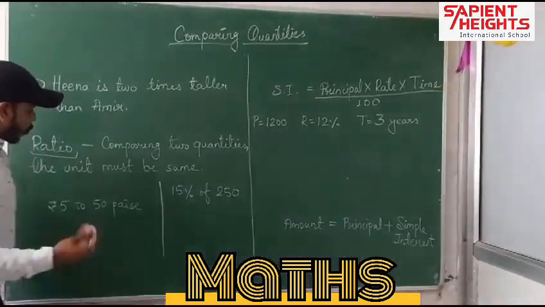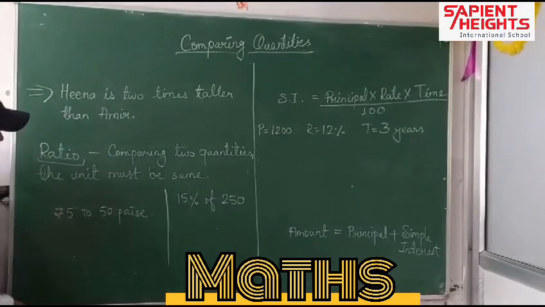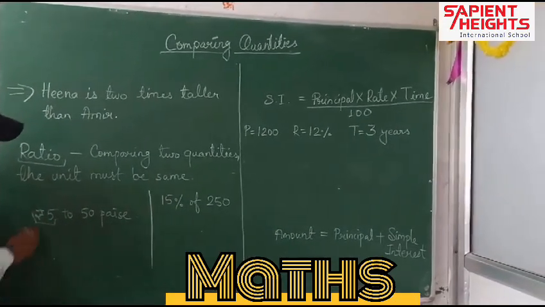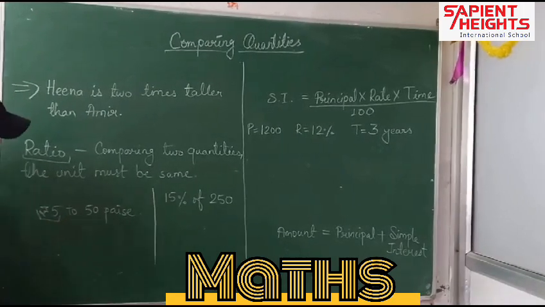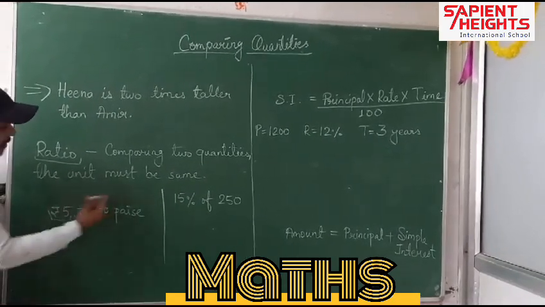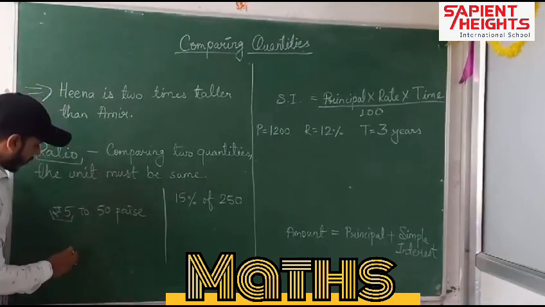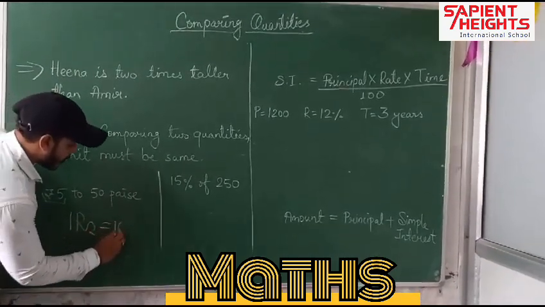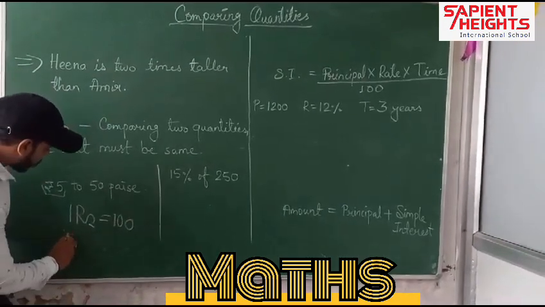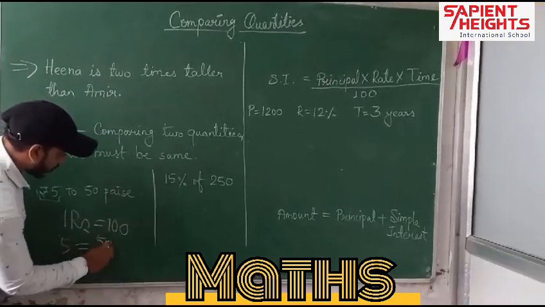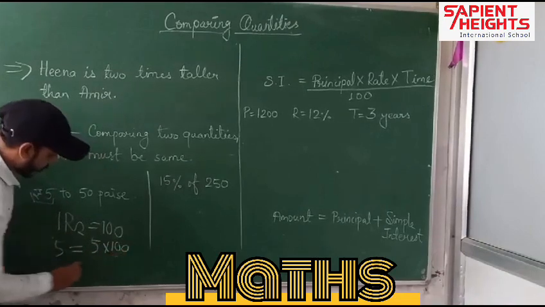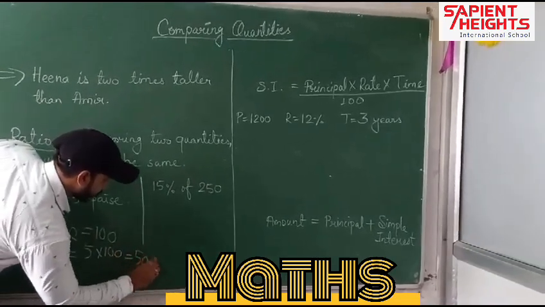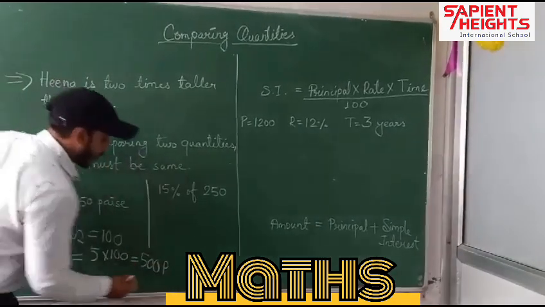So first we convert. What do we convert? We always convert the bigger one. Here the unit rupees is greater than the paise. So we convert the 5 rupees to paise. In 1 rupee we have 100 paise. So in 5 rupees we have 5 multiplied by 100. What did we get? 500. This time what we got? Paise.